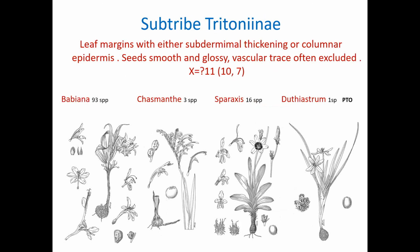Then we have Subtribe Tritoniinae, which again, they have those nice smooth glossy seeds. And a very strange feature with them is that the little vein in the seeds often floats free from the seed body. So again, that was a character that we discovered, but we had no idea what it really signified or why that even exists like that. But it does, and it seems to indicate relationships among these genera. And there's 4